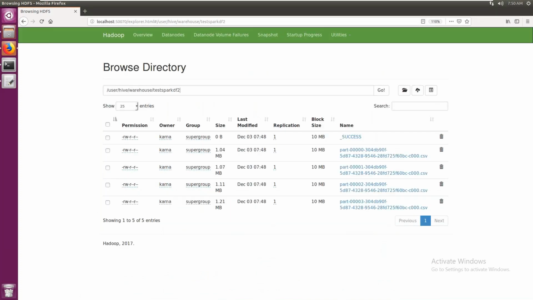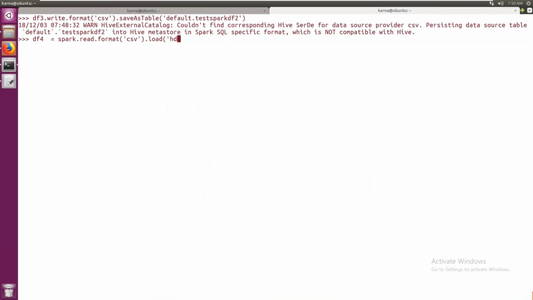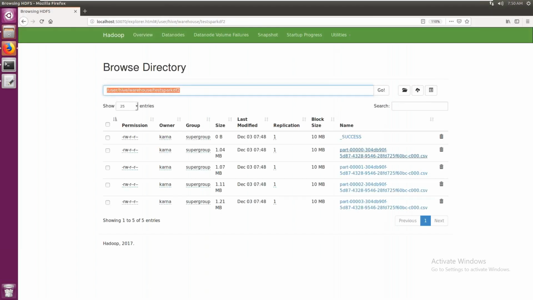So this is the path in HDFS. So how do we read data from HDFS? hdfs://172.16.38... and copy this, user hive warehouse, and in this one CSV file. Let me copy the name of one CSV file.